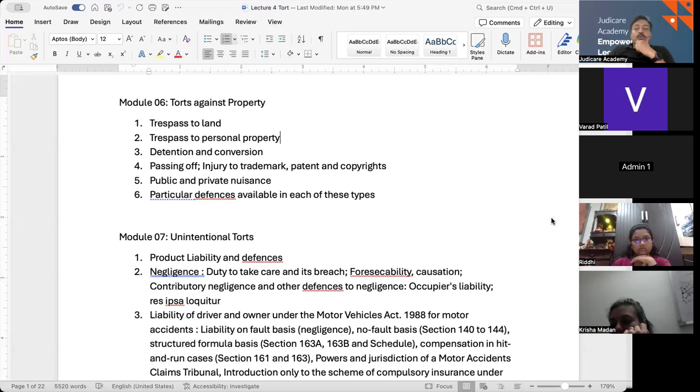Then goodwill. Goodwill is something which cannot be measured directly by any unit, but it has a very important, very heavy impact on the business or the productivity of the parties where it is used. For example, if Britannia has a certain product which has very good goodwill in the market, when you go to the shop and you find Britannia biscuit, and then somebody is selling something called Britannia biscuit, what he is trying to do is imitate the packet, the design, the trademark, and the similarity in the name the person has picked up.